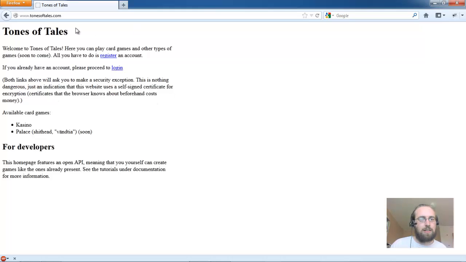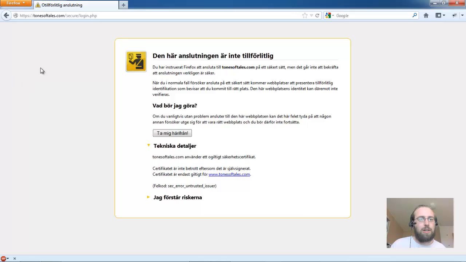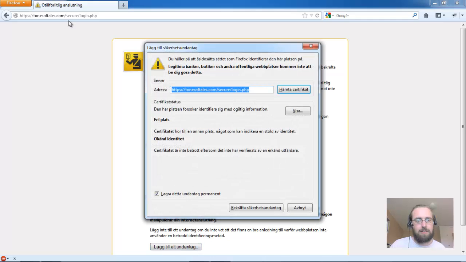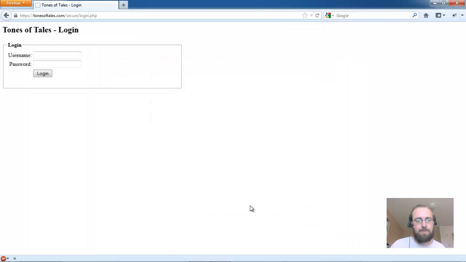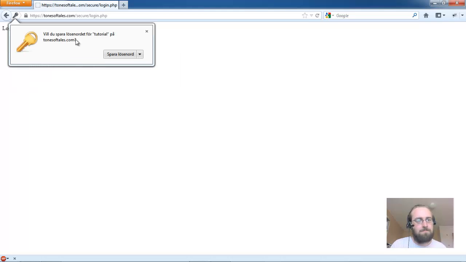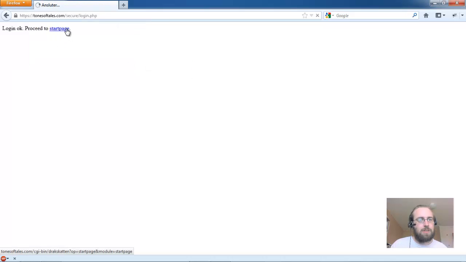So this is the first homepage, and we're going to log in. This is a security exception you have to make. It's totally harmless, just a notification that I'm using my own certificate. Okay, so